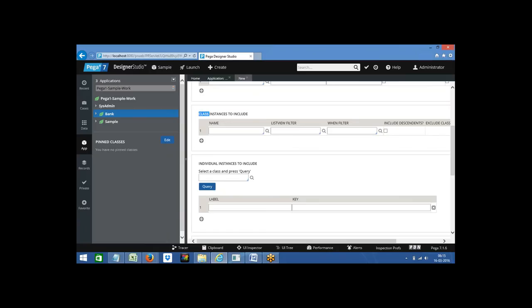See, generally a class instance is nothing but, I told you in the previous sessions also, inside the rule set all the rules are saved under some class instance based on the rule type. If it is a property it will have one class instance, if it is a section it will have one class instance, if it is a flag action it will have one class instance. This option is given, but we will use it very rarely. If you want to include all the rules related to that class instance, for example all the property rules, then we have to select the class instance as Rule-Obj-